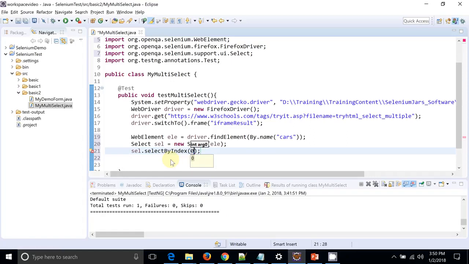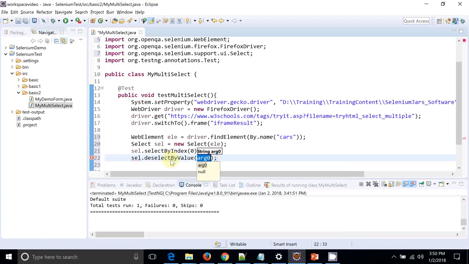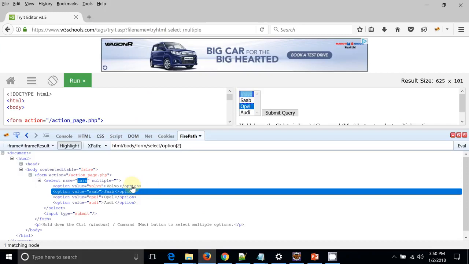So let's say you want to select the item at the 0th location, then I will use value. So let's see, sorry, I used deselect. I need to use select, select by value. So let's go to the UI and see.